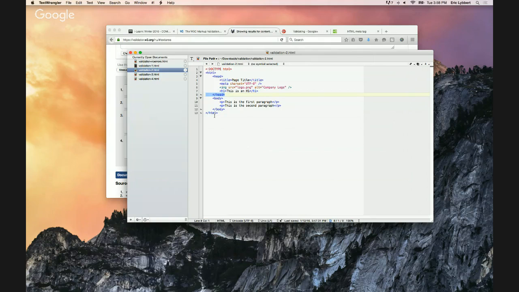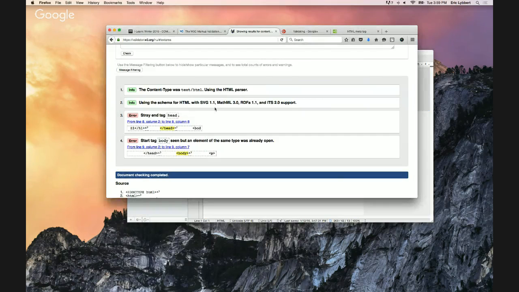So if we look at this again, we kind of see that, hey, we've got a head. Everything looks indented right, but my H1 and my image are in the wrong location. They're actually up above in the head instead of in the body. So I can cut those out, and we can paste them back into the body section. The body section is where everything that's visible on the page is going to be located. That includes this image. And then we're going to copy this,